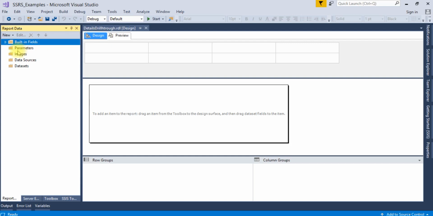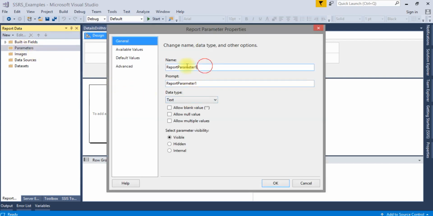So the details report should have a parameter which will accept that product name. So we'll give the parameter name as product name, prompt product.